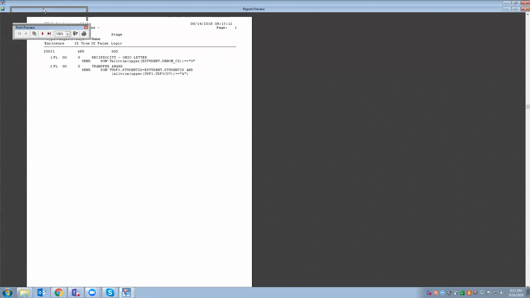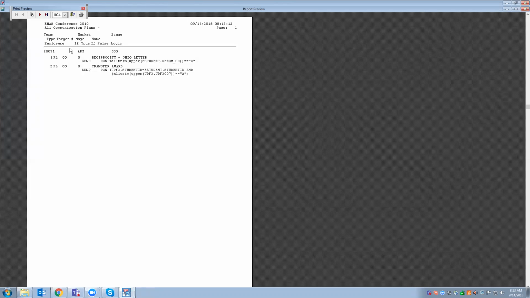Now, this report is a little bit cryptic to read, so just a heads up that the code you see that says 2003-1, that's the entry term. The market segment is going to be just to the right of that, and then the stage is going to be to the right of the market segment.